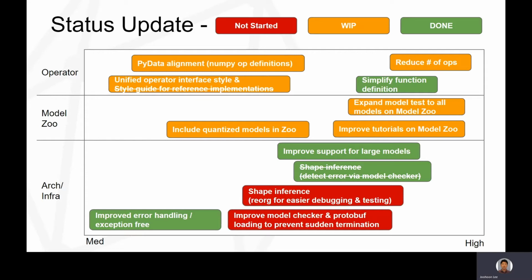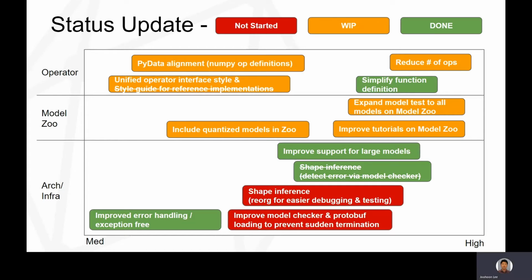On the unified operator interface style, the goal was to prepare a style guide which describes expected behavior of typical properties of operators, such as data layout, access specifications, attribute namings, things like that. We want to enforce this style on all new operators as well as the existing ops. So one example may be the negative values for axis. The SIG is working on this goal. They're reviewing existing ops and comparing against NumPy convention. And they'll be working on outlining the needed changes and also preparing PRs with operator updates.